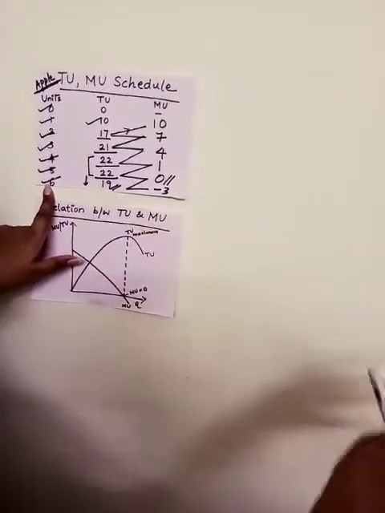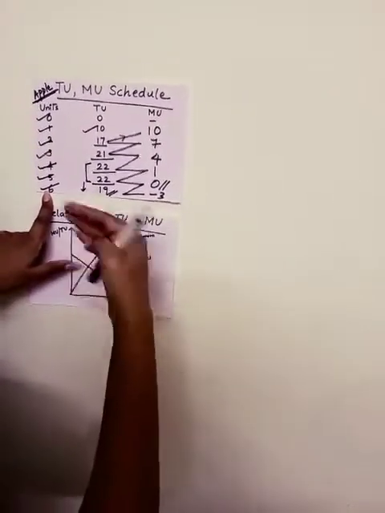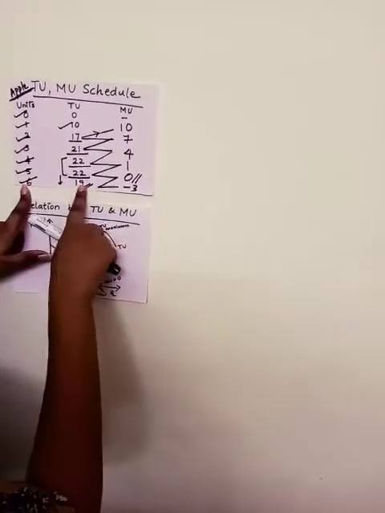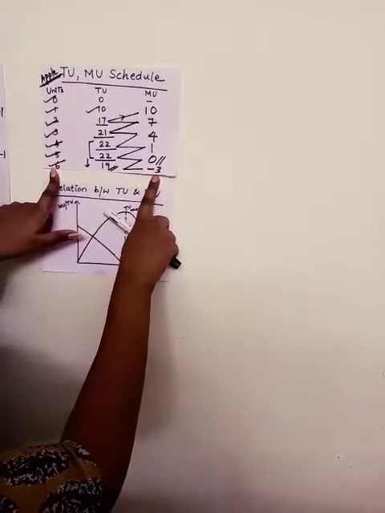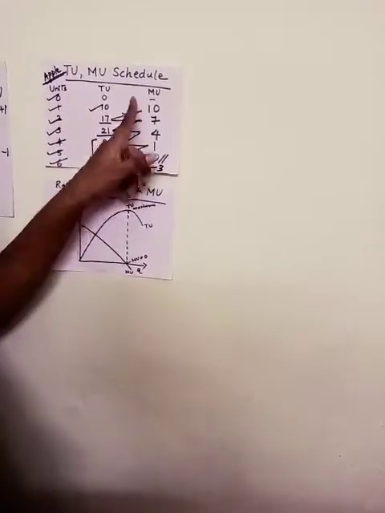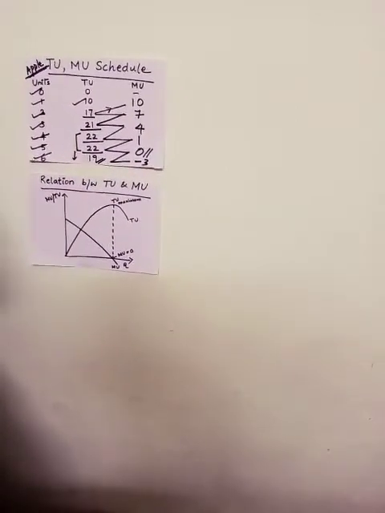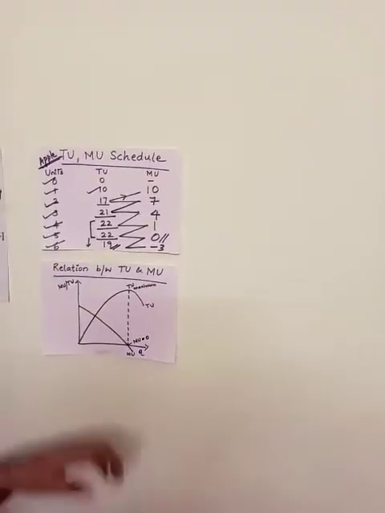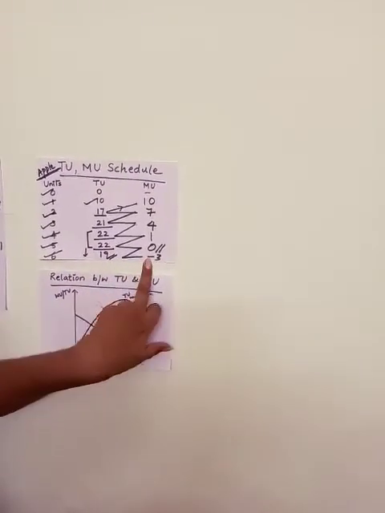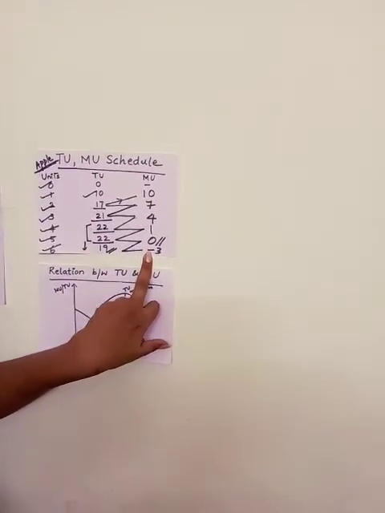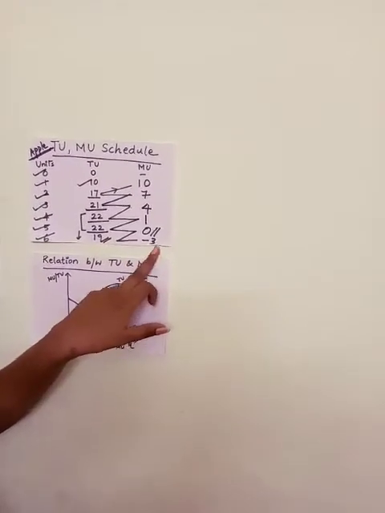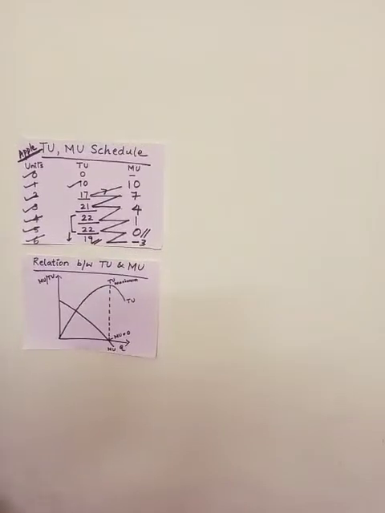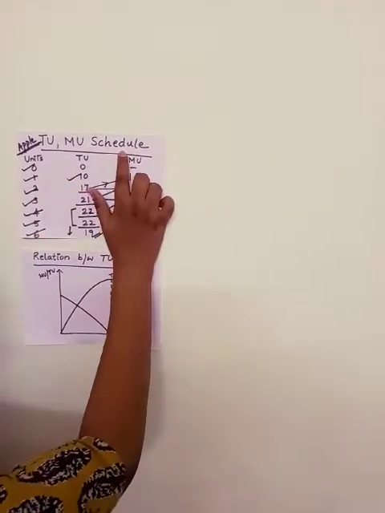You are getting maximum utility. Now if you have another apple, you will vomit. So that is the negative utility. So here we are completing our MU schedule. That is giving you the negative utility, that is minus 3. As I told you, if you have your sixth apple, you may vomit. That is the negative utility that you are getting. So with this we complete our TU and MU schedule.